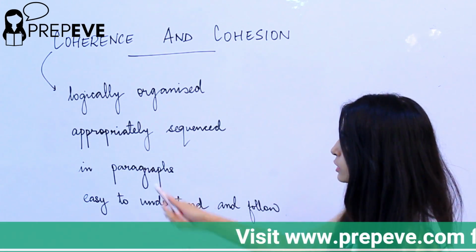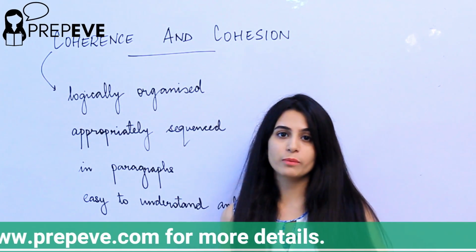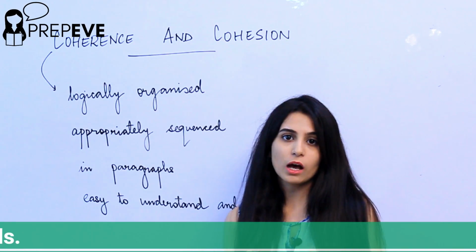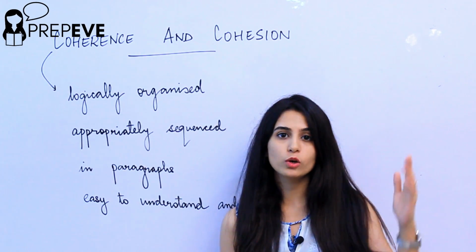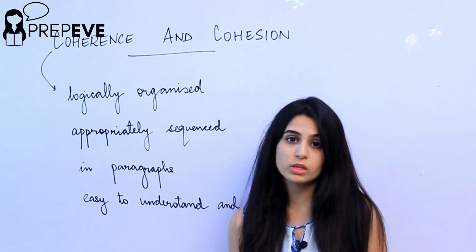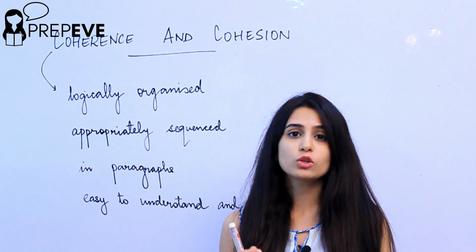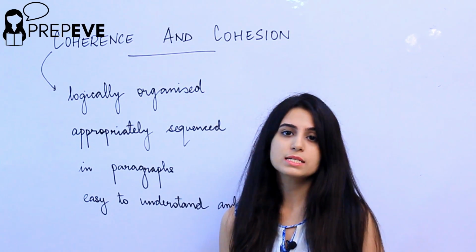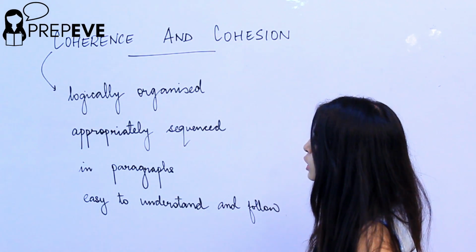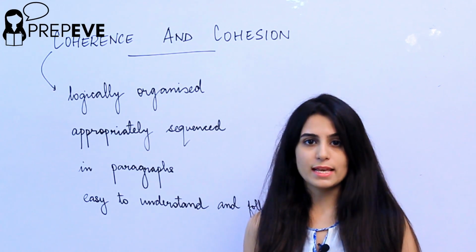So it's basically the flow of your writing. The flow of your writing should be flawless. When the person is reading your essays or letters, they should not get stuck in between. They should be able to go thoroughly through the entire 250 words without any break or pauses, without any confusion, without getting stuck. Oh my god, what is this? What have they written? That sort of feeling should not come to your assessor or IELTS examiner. So this is what makes your essay logically organized and sequenced so that it is easier for them to assess.